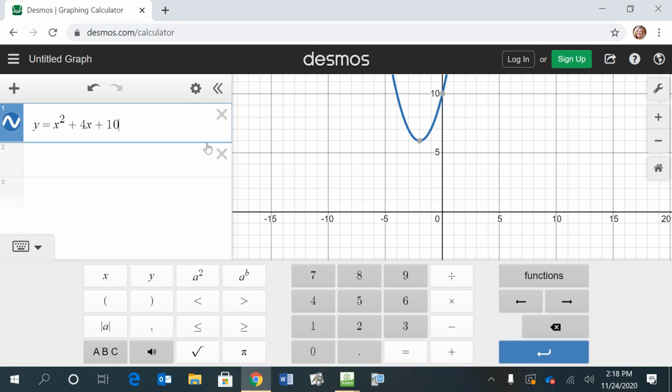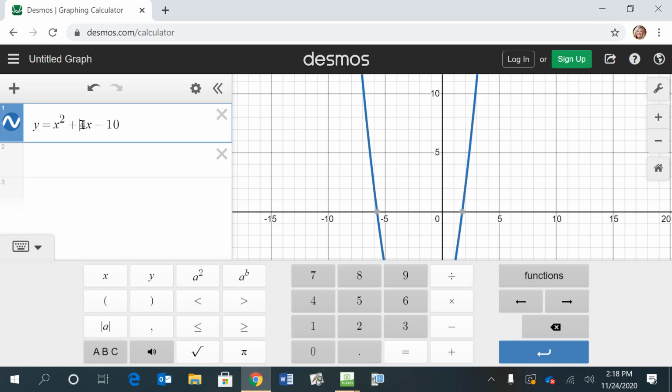So here is option A. Again, I can see there's no x-intercepts, which means I know option A could possibly be the answer. I'm going to go to option B. Option B also does not have any x-intercepts. It could possibly be the answer because I know there exist two imaginary solutions. Option C